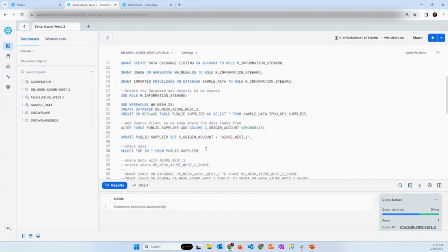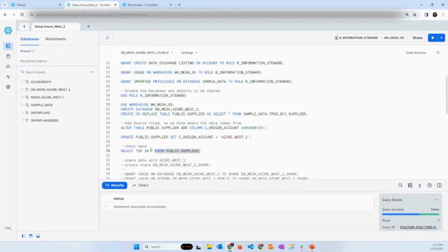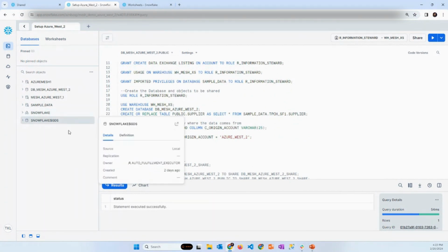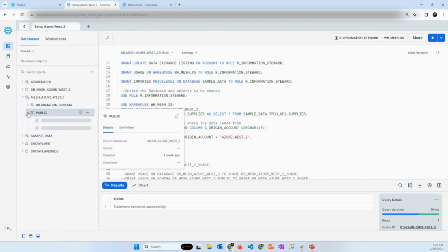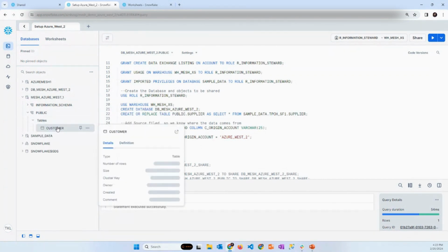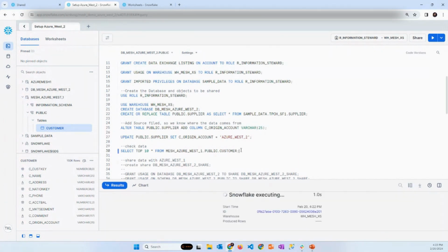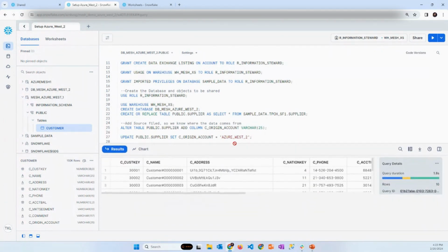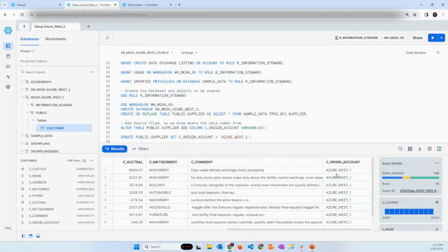Now we want to query the data that we now have in our Mesh Azure West 1 data share, where if we do select top 10 star from this data, we see it coming up here. And we can also see that it's from the origin account Azure West 1, which we did before.